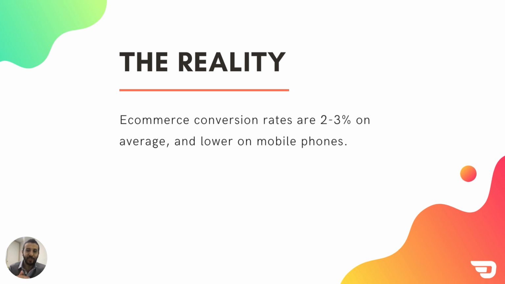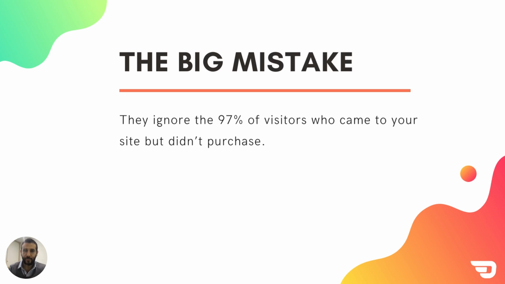Okay, now let's assume you've made a range of optimization changes to your website and you've achieved a conversion rate above 3%. Let's assume that. Okay, wonderful, congratulations. But here's the big mistake that many businesses make. They ignore the 97% of visitors who came to your site but didn't purchase. Right? If you think about it, if you're only converting 3%,